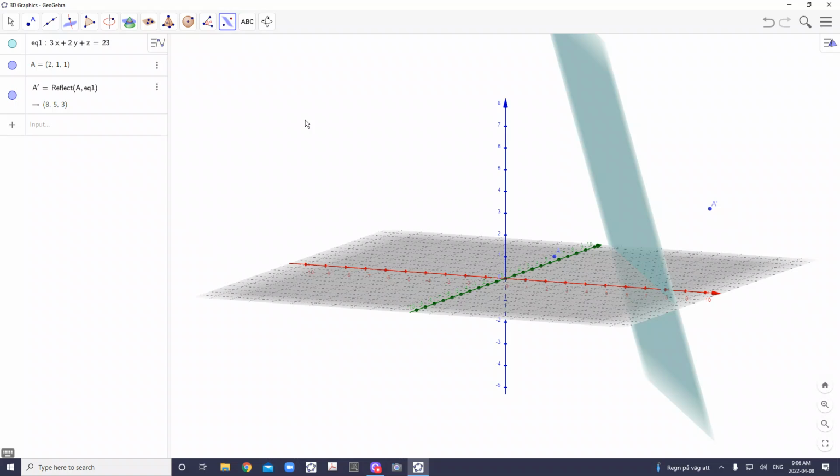Okay. I want to keep this the same, but I think you now have a lot of experience for the second one, because now we want to reflect about a line. Okay, here I wanted to reflect about a plane, but, okay, so let me just